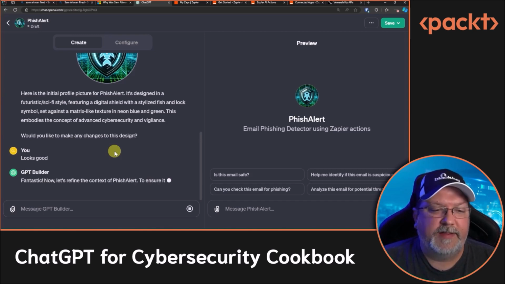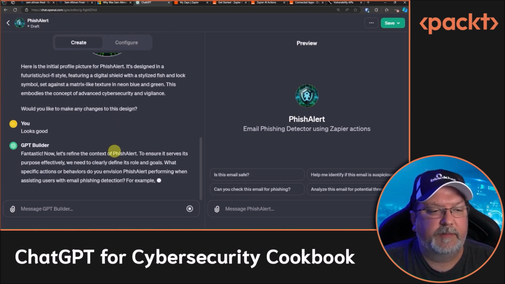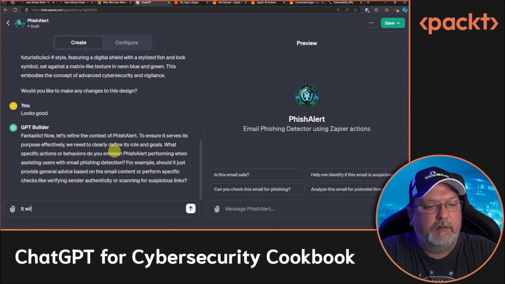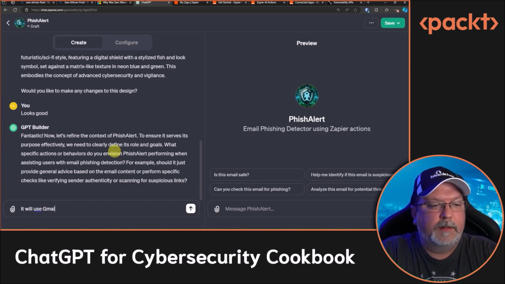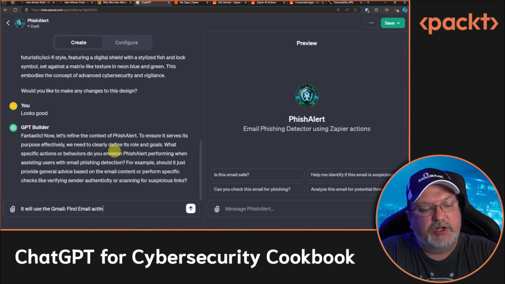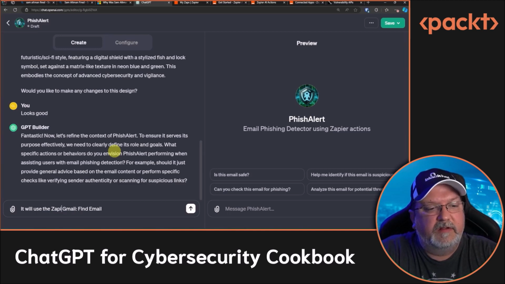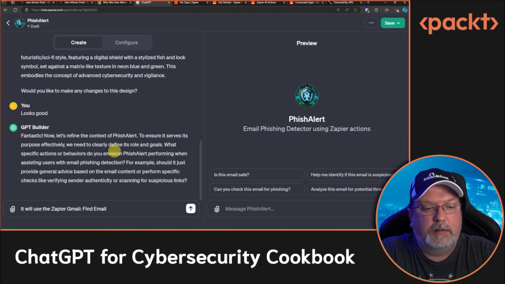All right, now let's refine the context. To ensure it serves its purpose effectively, we need to clarify its goals. What specific actions or behaviors do you envision Fish Alert performing? Okay. It will use the Gmail find email action. Oh, the Zapier Gmail find email action